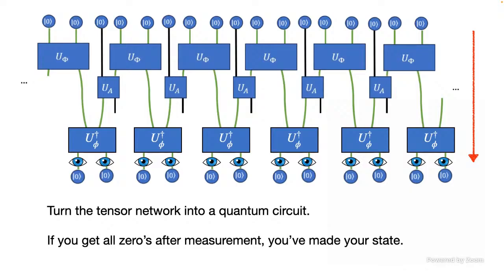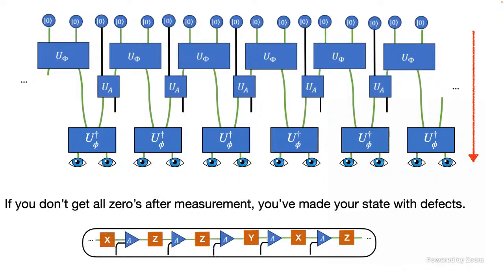Then unfortunately, but very importantly, in order for this to work, I have to get extremely lucky. After I do the measurements, everybody has to be 0. The probability that happens is exponentially tiny. But if your goal is to produce a quantum state with an exponentially tiny probability, this will actually always work. For any MPS you want, essentially any state you want, you just have to get really, really lucky. Okay, that's a little bit dissatisfying.